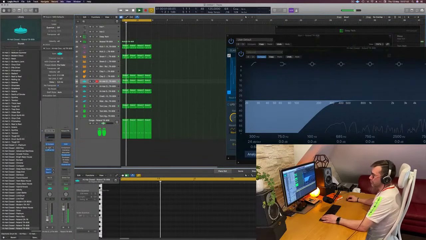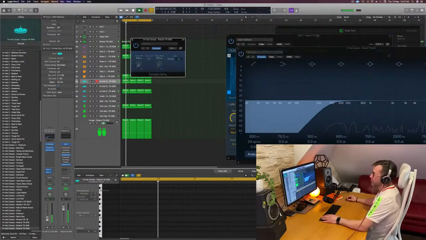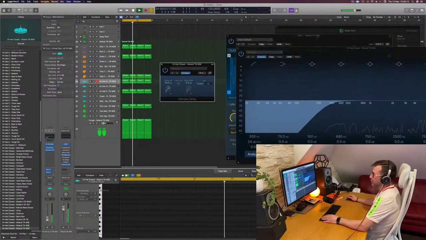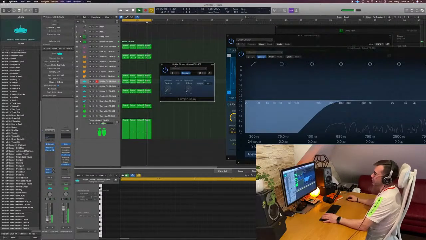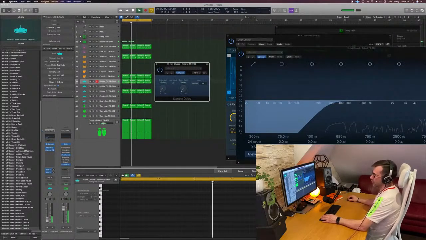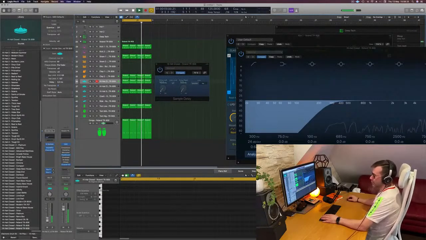So what I'm gonna do with this, I'm gonna do a sample delay. I'm gonna do 10 milliseconds on the left, 20 milliseconds on the right. Maybe that's actually a little bit much, so I'm gonna do 5 and 10. So without it, it's very centered, very narrow in the middle. With it, it spaces it out completely in the mix. Now to mix it, I'm gonna play with the